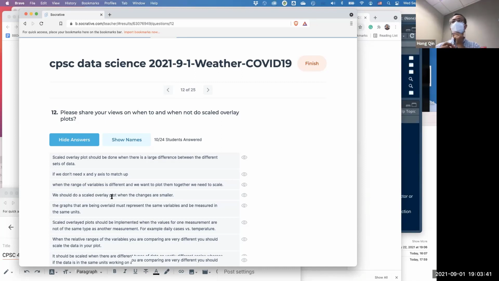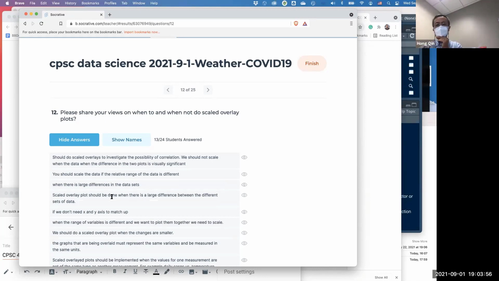That's the way I often did it in some fields. You don't want to change the data, but still want to overlay the plot. So when you do multiple plots, you change the y-axis and plot them in the same area. So there are actually different ways to overlay the plot. But apparently for ggplot, if you put everything in one column, you have to scale it. That seems to be